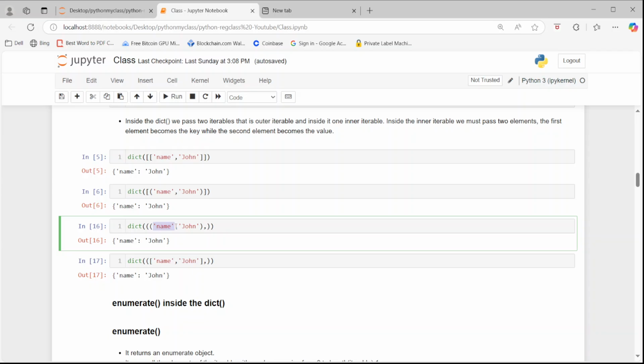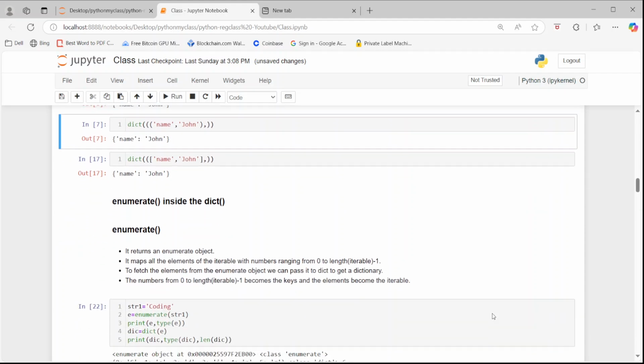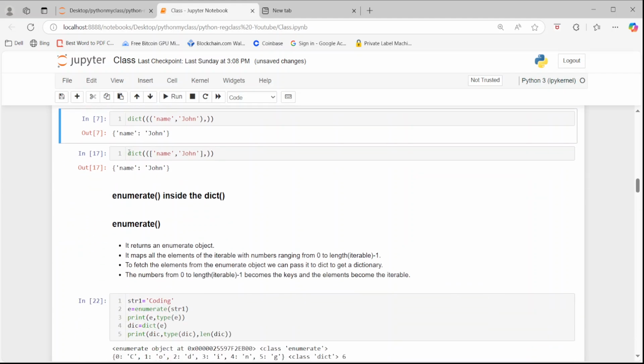The first element becomes the key, second element becomes the value. So if you run this cell, you get a dictionary again, where name is the key, John is the value. Okay, corresponding keys to value pair. Then further, again here you see the dict method, and inside the dict method, I am trying to pass this outer